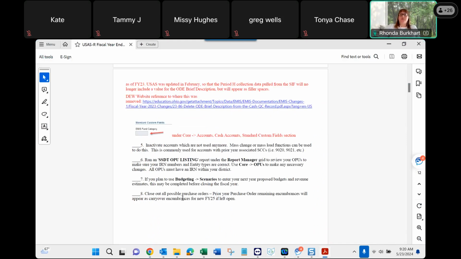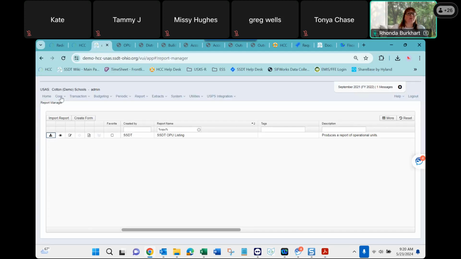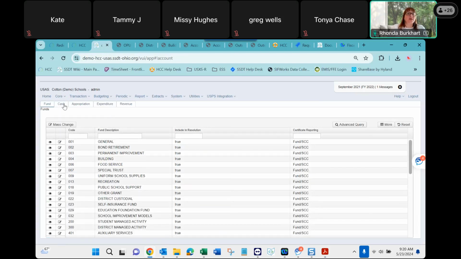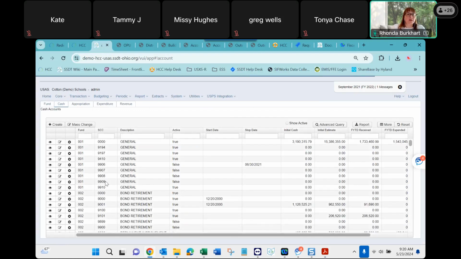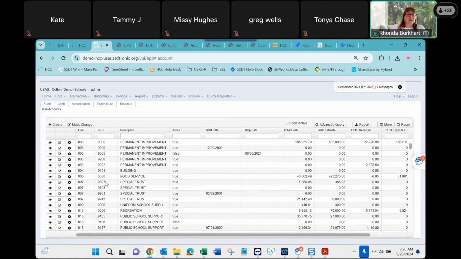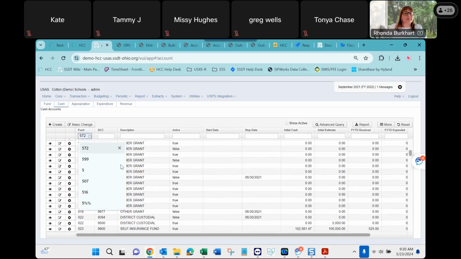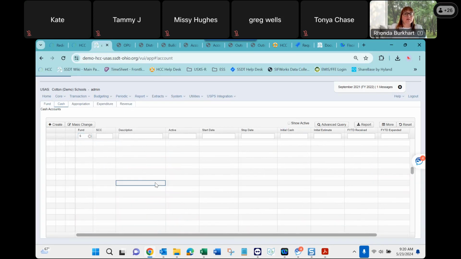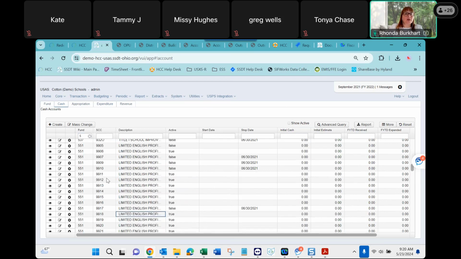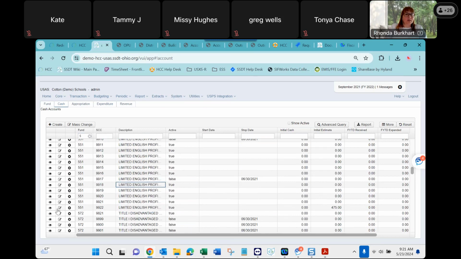And then if you're budgeting, this is probably what you'd want to do before you start your budgeting: create your new accounts with your new SCCs. I was at a district last week, and we worked on creating these, and the treasurer really appreciated that. It really makes it easier to do that through the system, the core account. And in the cash account, you see what we've got here. Maybe we'll look for a green account or something. See what it comes up with. So we've got this one,